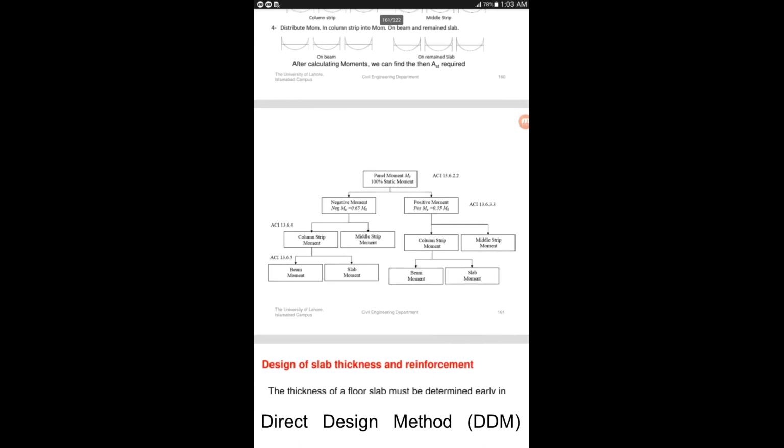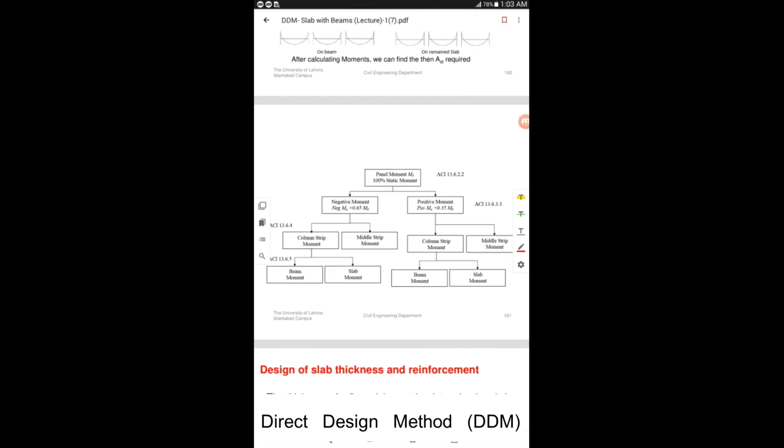The same has been explained here. Total factored static moment is the first step to calculate. Then you're going to distribute this one into negative and positive moments. We already know that location 1 has negative moments. So here you will have 1, here you also have 3, here you also have a 4. All these have negative value. At positive locations, you're going to have 2 and 5. So you're going to distribute the total factored static moment M0 into these